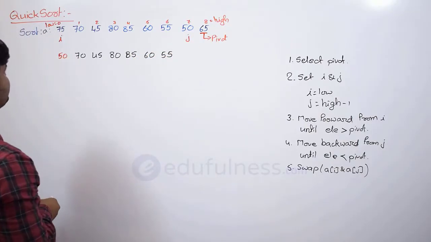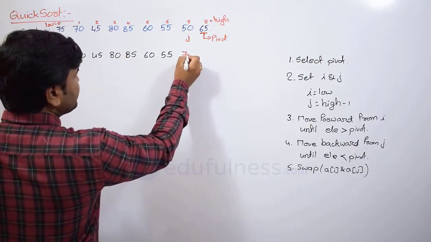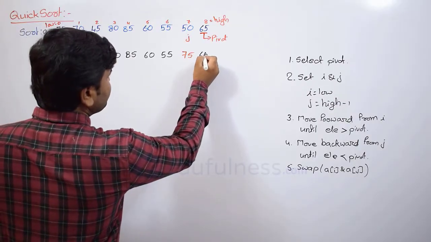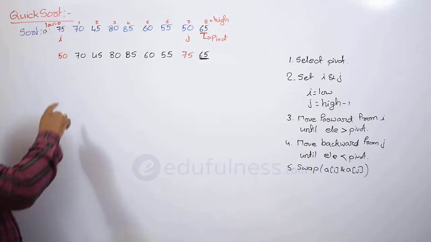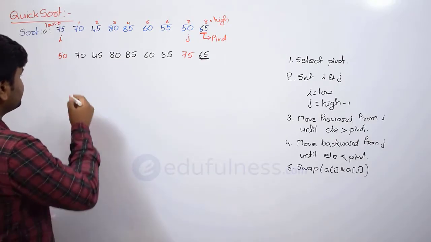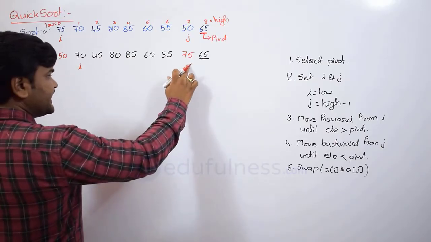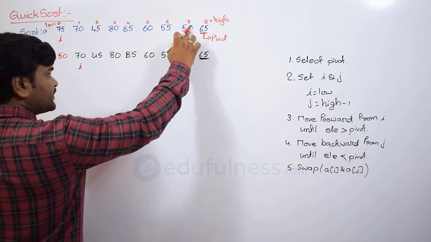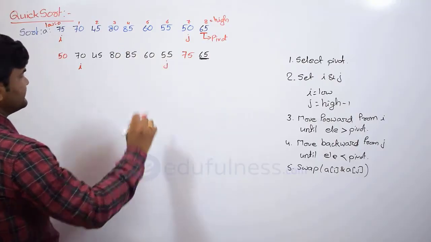Here we are going to get 75 because these two elements we are swapping, right. So here it is 75, and then as usual the pivot element, this is 65. So this is the pivot. Now you see, because this element is already compared with the pivot, I is moving to the next position, and at the same time j has also already compared this position's element, so it moves to the next element. So j is here.